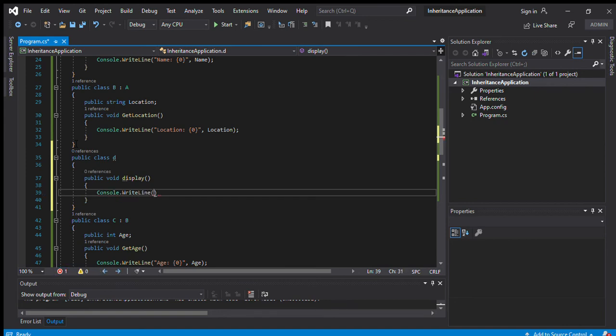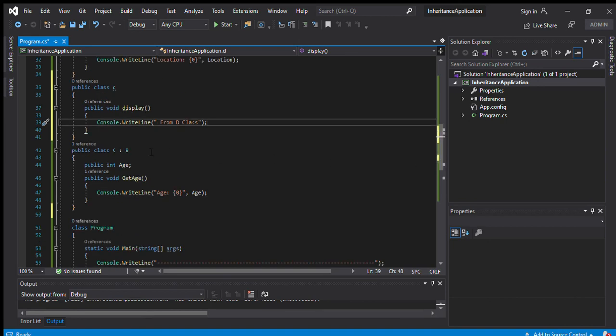From the D class, I want to access this method in this class.